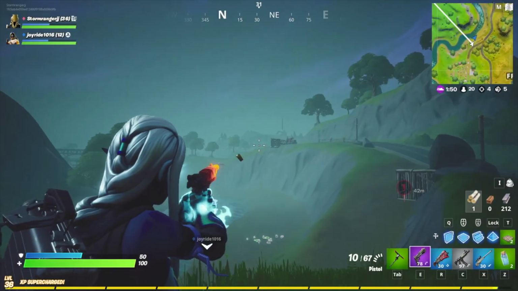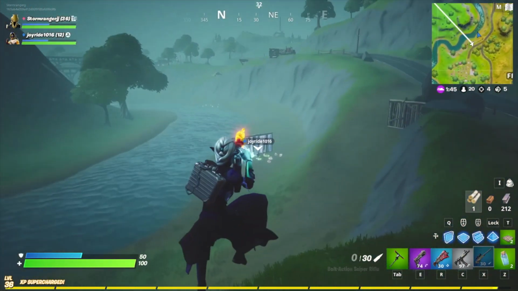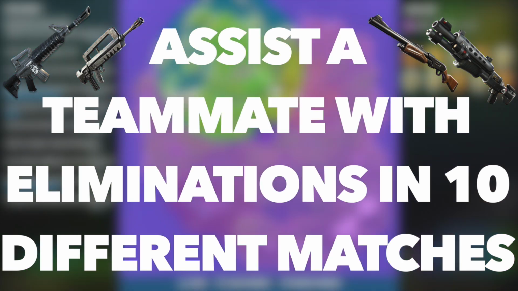But overall, this method is probably the fastest way possible to complete this challenge, so make sure to use it. Now the fourth and final of the white fusion style challenges is to assist a teammate with eliminations in 10